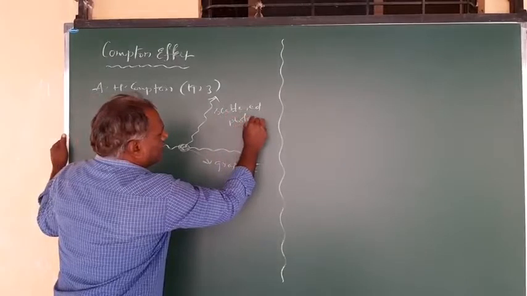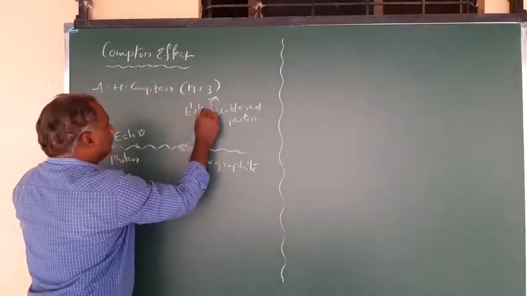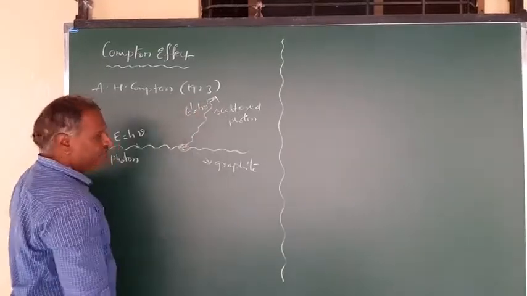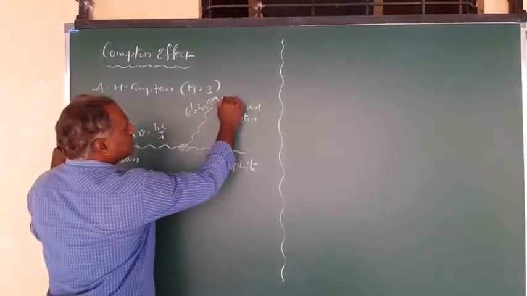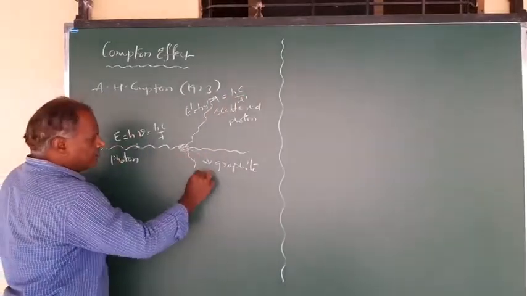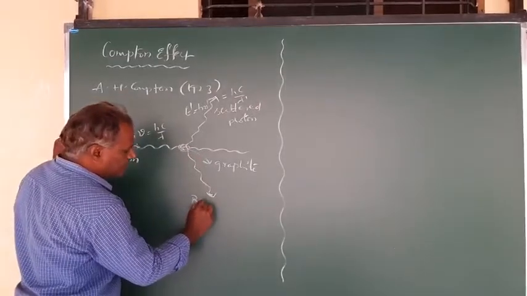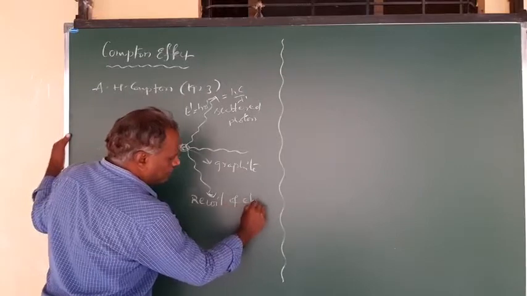The scattered photon has the energy E dash, which is equal to h nu dash. This can also be written as hc by lambda dash. And you get one more thing, which is called the recoil of the electron,